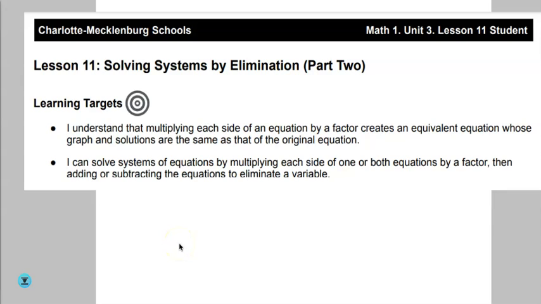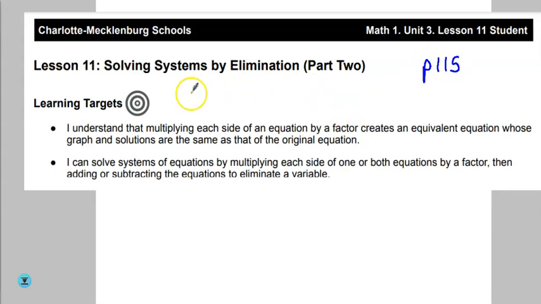Hello, today's Unit 3 is Lesson 11. So if you will turn in your books to page 115. So this starts page